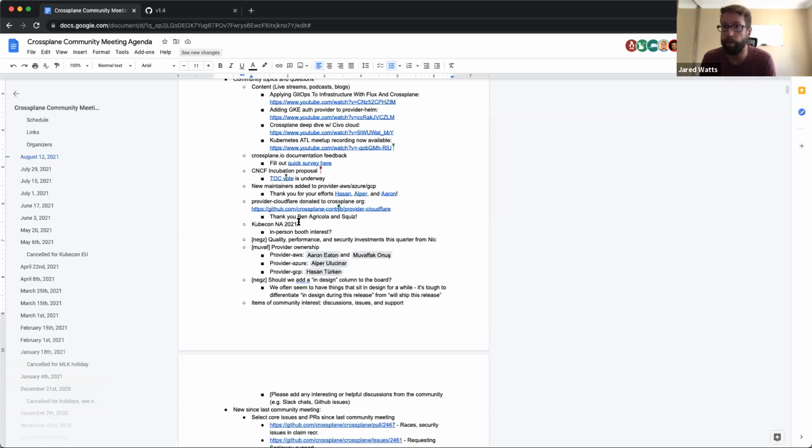There is still a possibility for being in person and attending KubeCon and staffing and being part of the Crossplane booth. I've already got some interest from Dan and Grant and maybe Victor as well. So if folks are interested in that, let me know. But I think we've got a few folks there, so we'll probably push forward and have the booth there and have some in-person component of it as well.